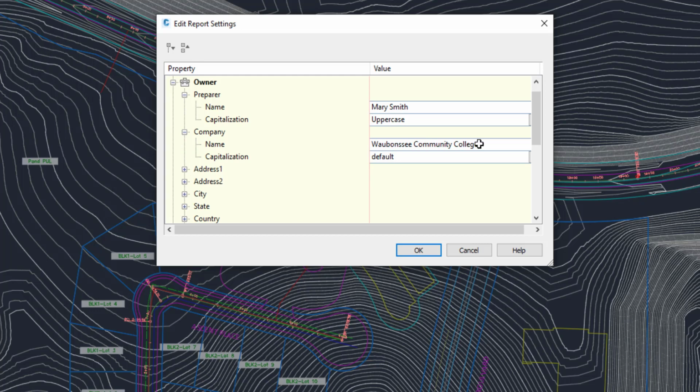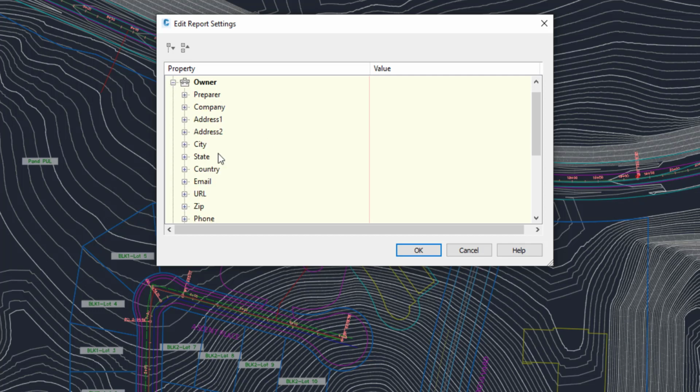The company, I put in Waubonsie Community College. Of course, for your assignments, you should use your name and Waubonsie Community College. But this is where you customize all of those fields. State, country, email address, contact information. This is where that goes. Having done that,